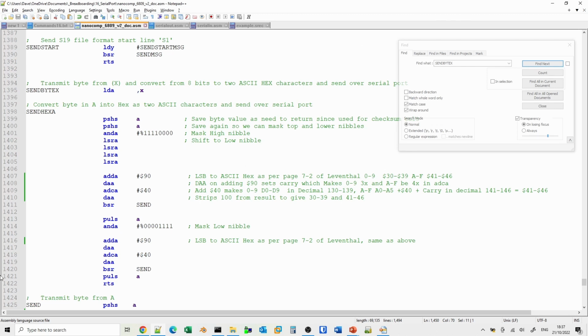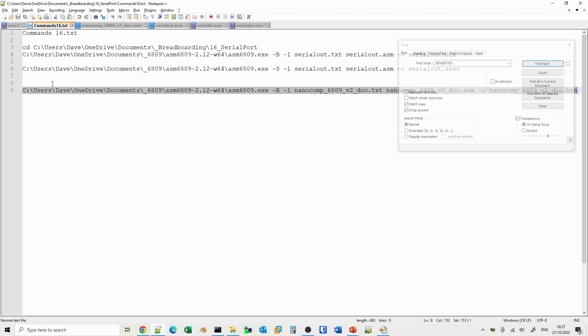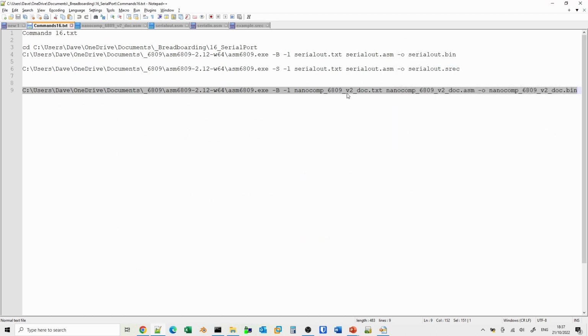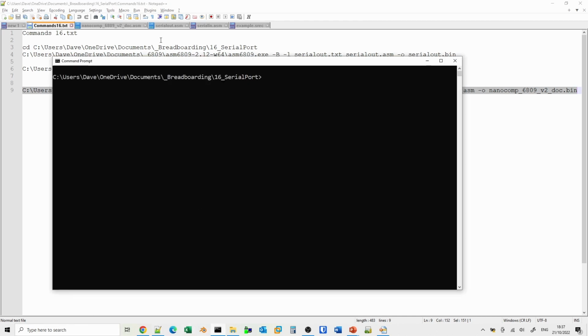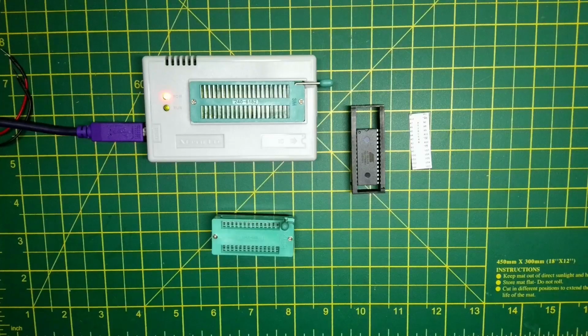So what we're going to do now is to compile this, and we'll burn this into a new EPROM, and then we'll replace the EPROM and see whether or not this works. So I've got some commands here. We're just going to copy this command. You'll see here we're using the -b value on here. If we use -s, then the assembler will in fact generate an SREC format. So let me just paste that in there.